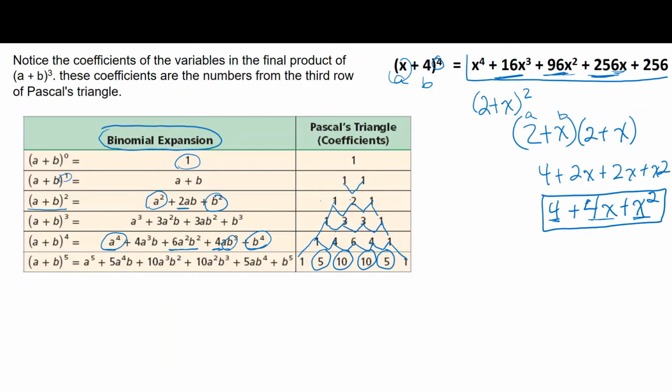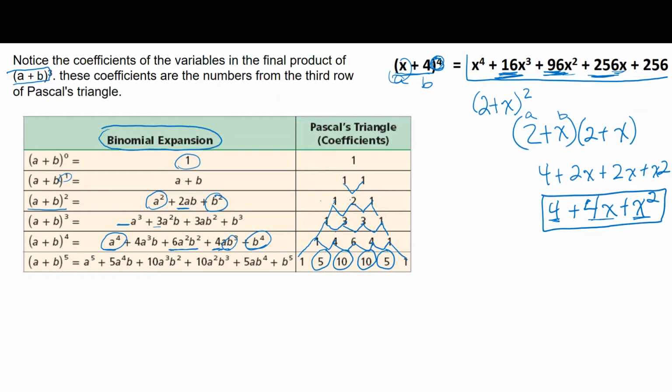So this handy little chart, triangle, Pascal's triangle, is going to really help us when we're doing exponents. Binomial expansion is what that's called, when we're multiplying a binomial by an exponent here. Okay, so notice that the coefficients of the variables in the final product of a plus b, all right, that's what these coefficients are, okay, are the numbers from the third row, in this case, because it says a plus b, of Pascal's triangle. So we would look at this third row, and we can look at all the coefficients,